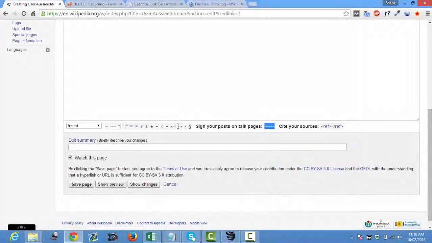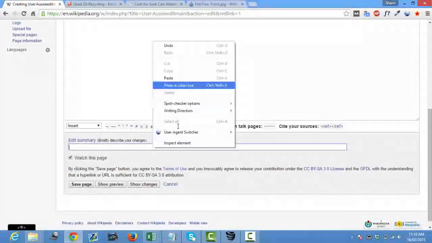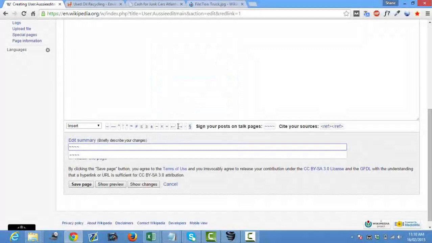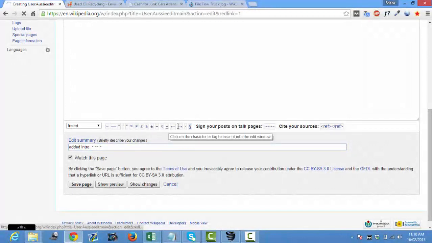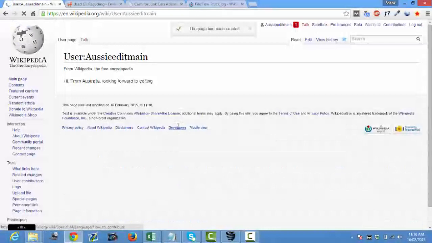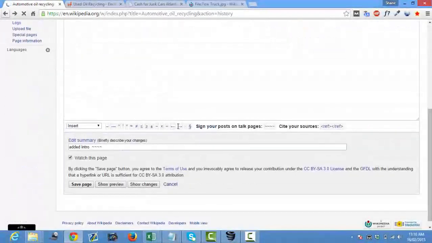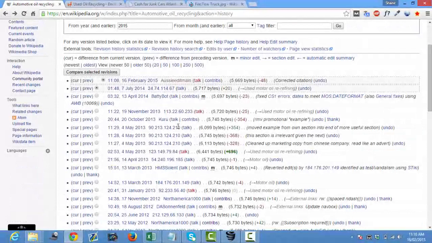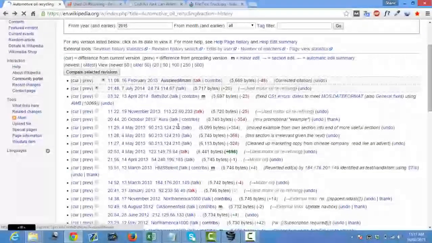And that's basically your signature there. Added intro. Great. And if you go back now to that page that we were on previously, and we refresh that, you'll see that it's no longer red.